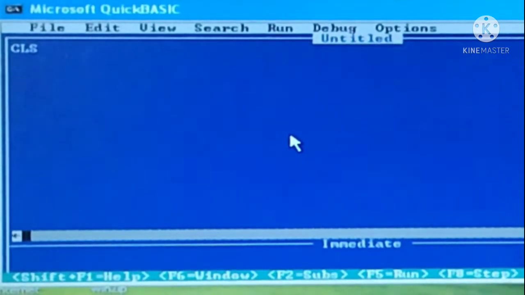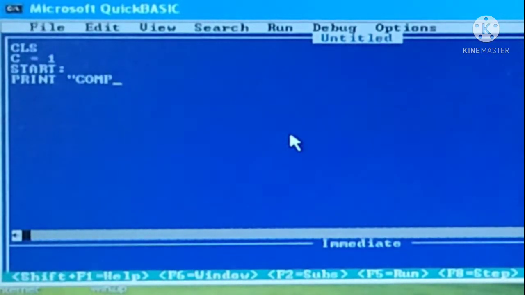Then C equals 1, and start. Then I will print computer.